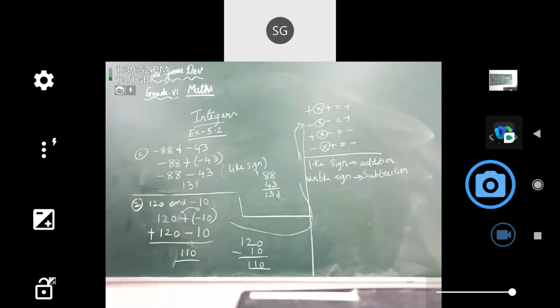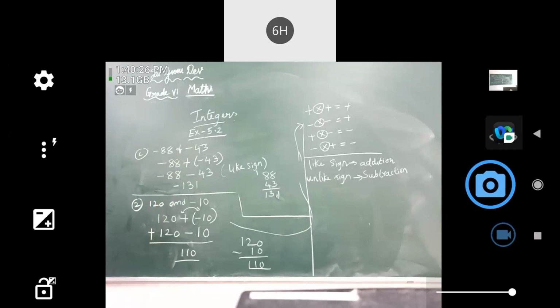Now you can take that story also. You have 88 negative and you're adding negative. Negative plus negative is going to be more negative. Or otherwise, check which is the bigger number. Ma'am, you have to put the minus sign because both are minus signs. Yes. The bigger number is minus and both numbers are minus. So 88 is the bigger number and the sign of it is minus. So minus 131. Understood? Yes, ma'am. Clear, ma'am.